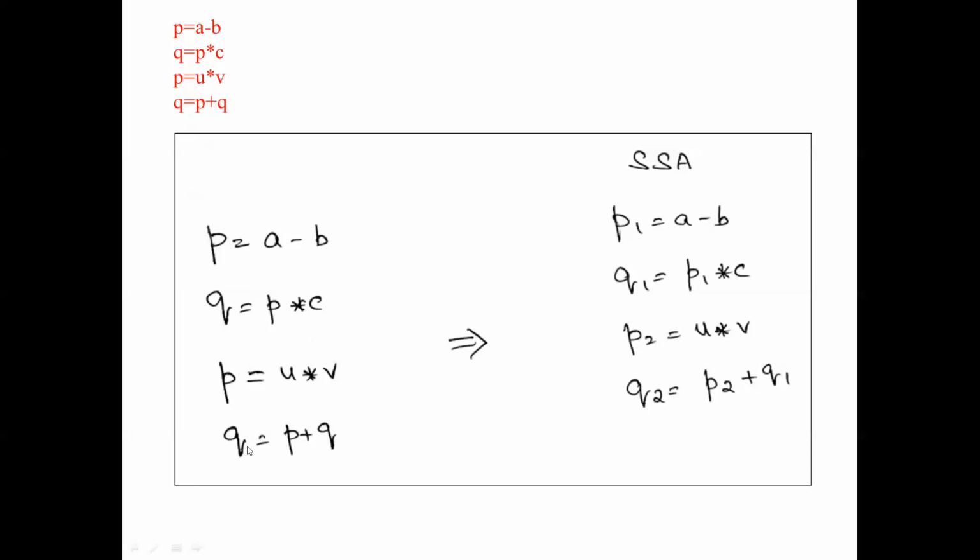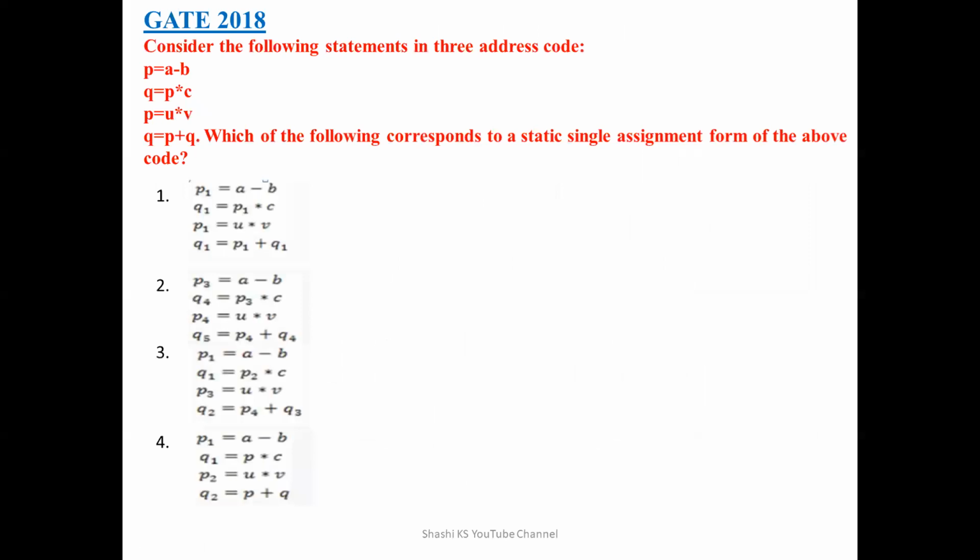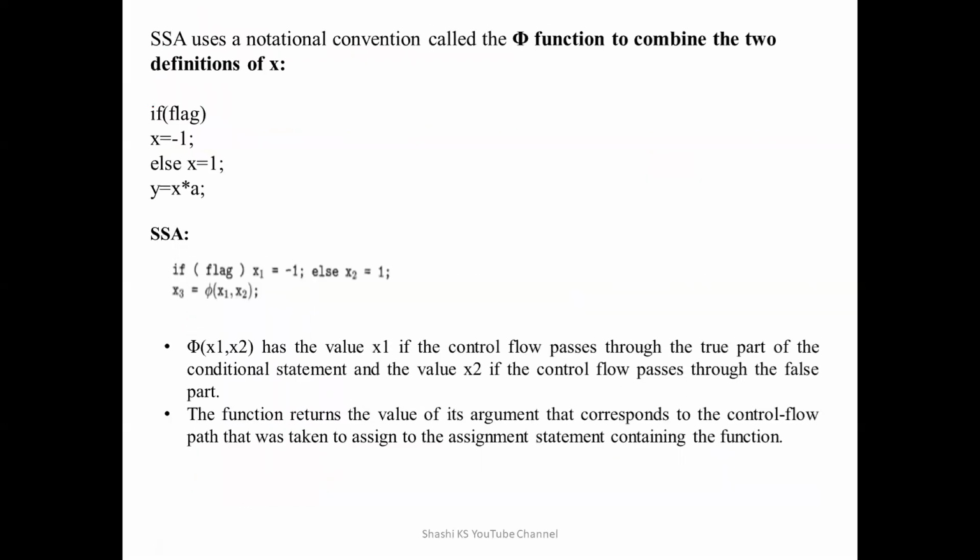Okay, now in the answer in the question, they have not mentioned anything which coincides exactly, but the one which coincides, instead of P1, Q1, P2, Q2, they have used P3, Q3, P4, Q4, and Q5. Okay, so the right answer for this question would be option 2, which coincides with the notations which we have in our answer.